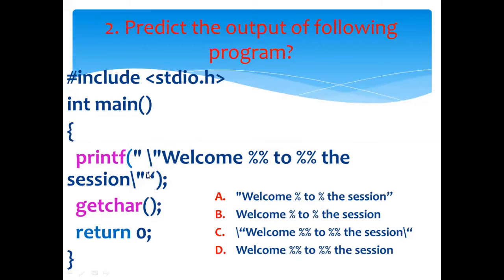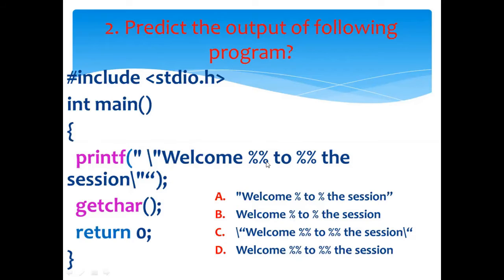Here backslash works as a special character for a double quote, so that the double quote will be printed. And in the case of percentage, another percentage will be an escape character to print a percentage symbol.